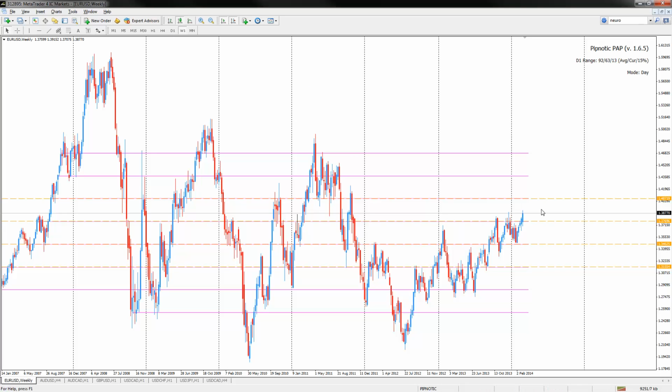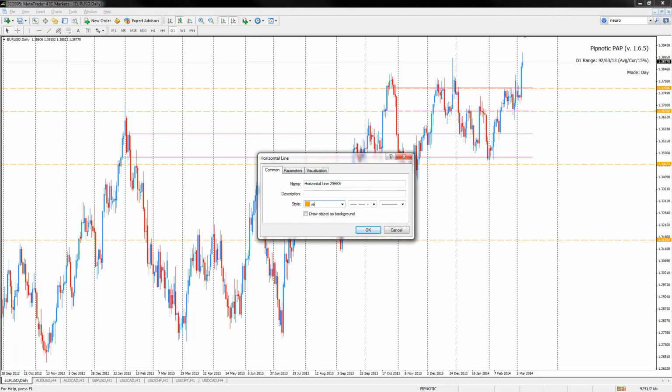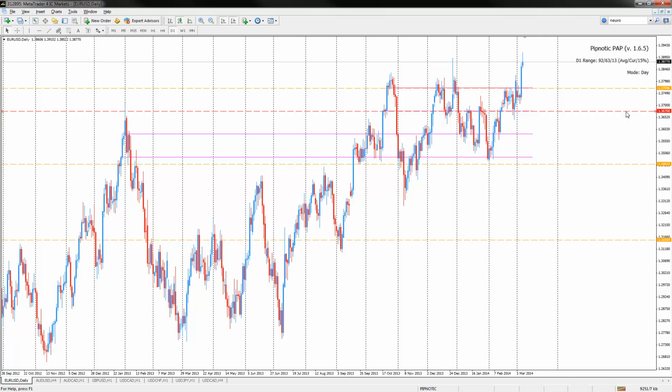So what we'll do now is go onto the daily chart and do the same thing. You can see this is a very nice level once again. So we'll get our tool and draw a line here. But on the daily chart, we'll use the color red. You can see this level again, it is a very nice level. We'll mark that one off. And this low here is very close to this one here. So if price comes down to this level, the daily level,